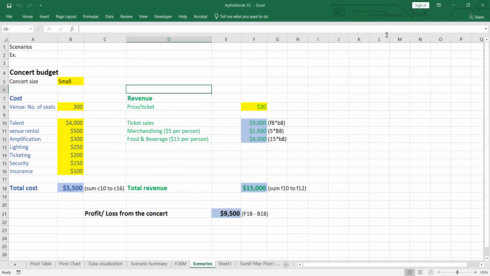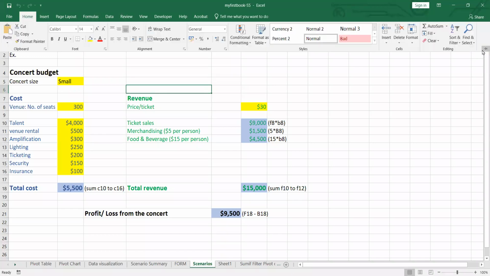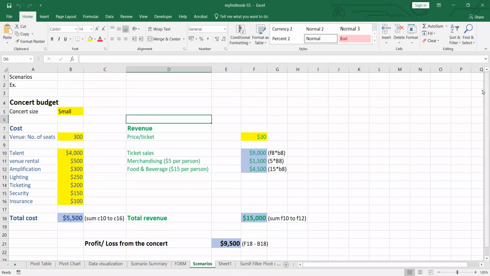For example, in this case, you can see that we have the concert organizing business. In this case, we would like to show that if we have different types or different sizes of business, what the differences are between cost and revenue, and also what the profit and loss is for different sizes